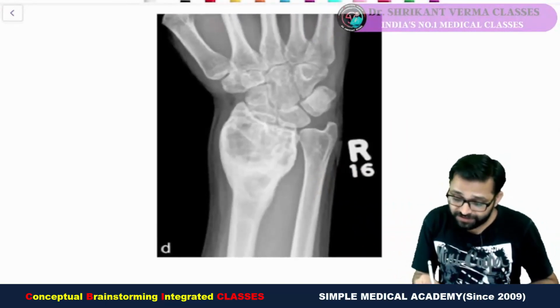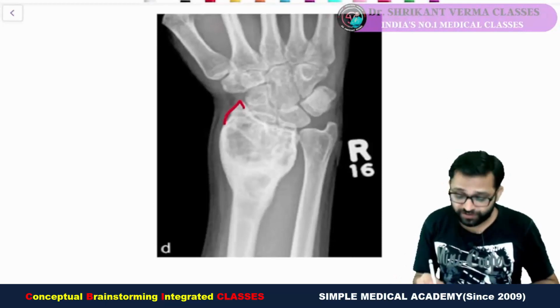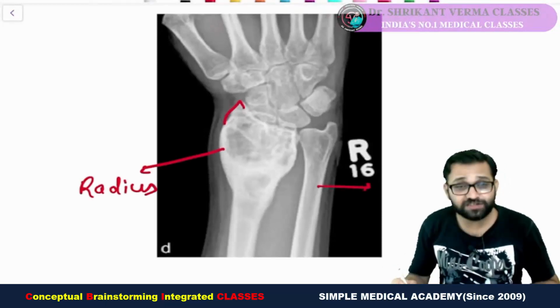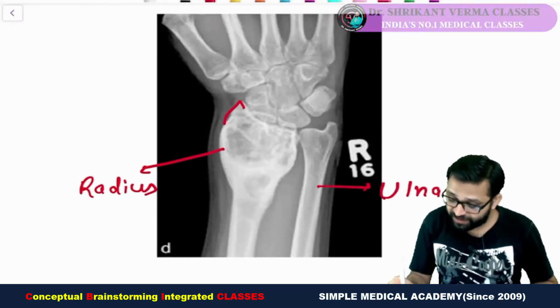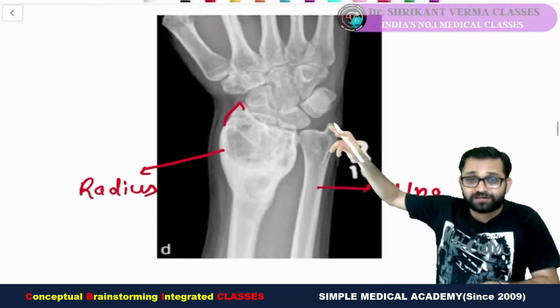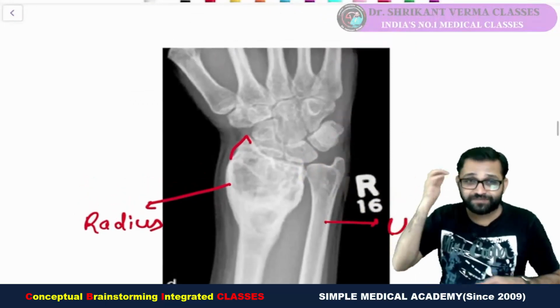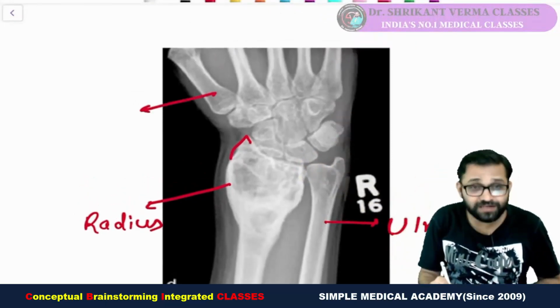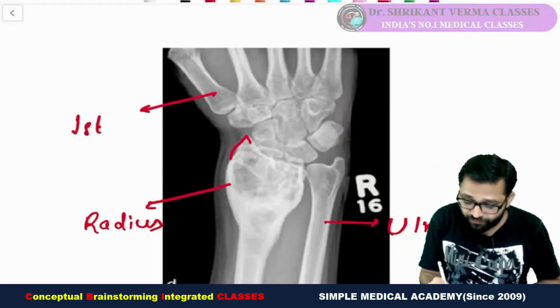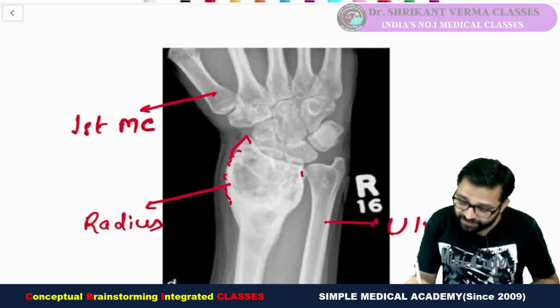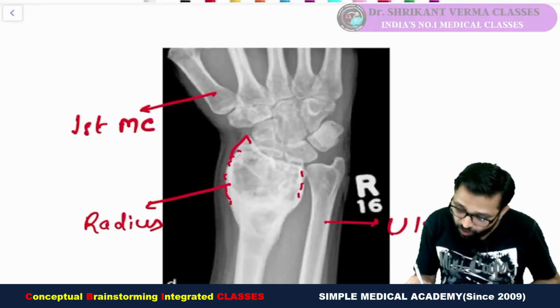Can you see? This is our styloid process. So definitely this is our radius, and this is the thin bone. That's why this is definitely the ulna. So you can mark our phalanges. Yes, you can see this is the thickest, that's why this is our first metacarpal. You can see there is swelling in the radius, and you can observe there is a bubble kind of